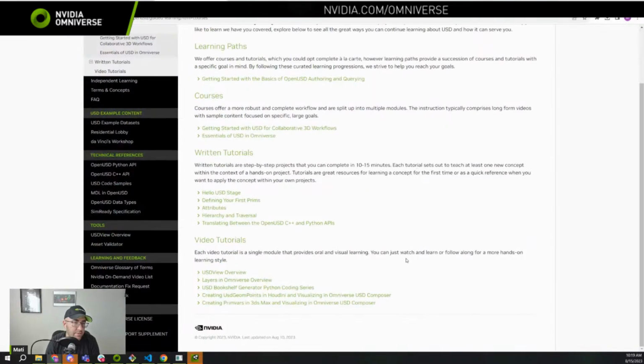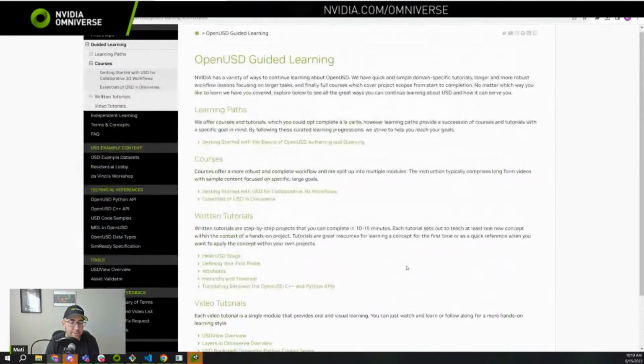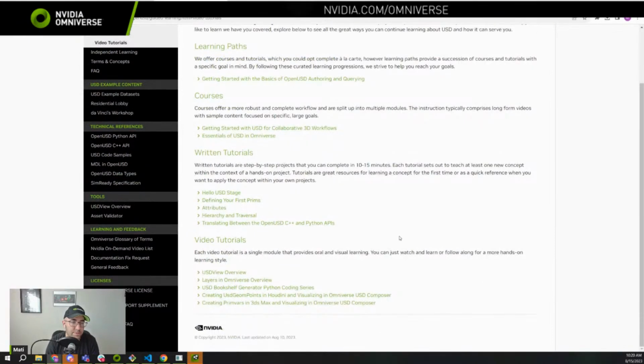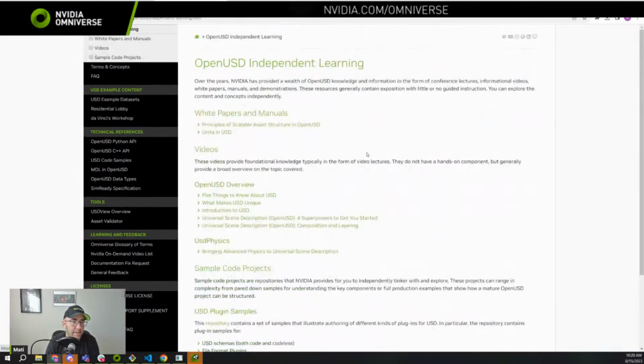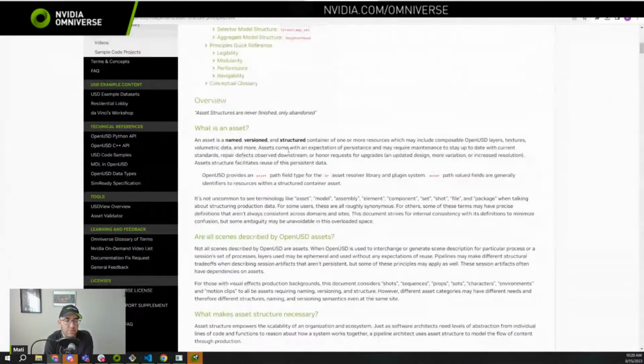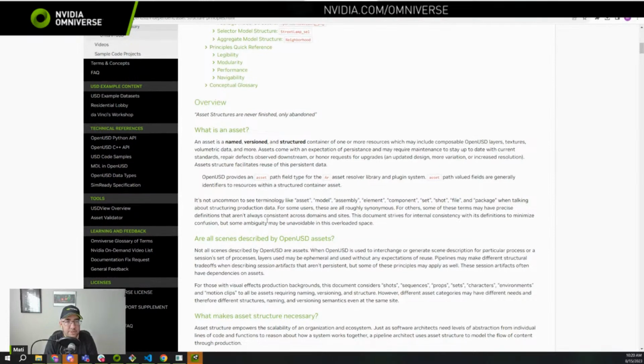And then organizing all of our learning content, where to find it, categorizing them as written tutorials versus video tutorials and all that. And then in the independent learning, we have a brand new white paper on principles of scalable asset structures. So that I still have to digest, but there's a lot of information about just generically, abstractly describing some best practices for asset structure